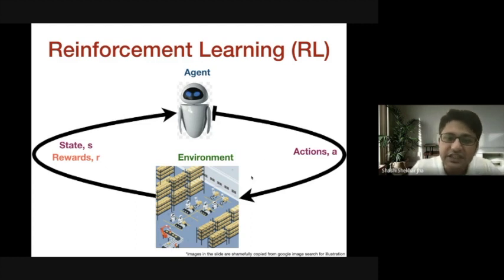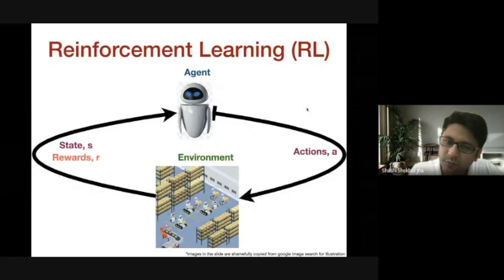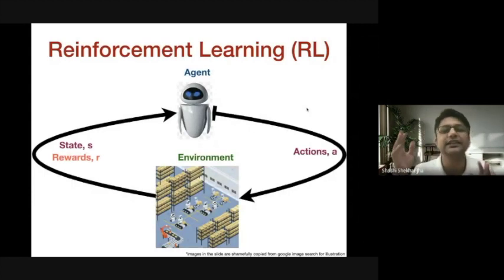Right? This change in the state, or the new state of the environment, is again perceived. So that is why this arrow is returning back to the agent. This new state of the environment is again perceived by the agent, and with this perception, he again makes a decision on what the next action to get applied is, and this cycle goes on, right? And just by following this applying action, observing, applying action, observing, the agent starts learning. Learning what? Learning to improve upon the actions that it is executing on the environment.